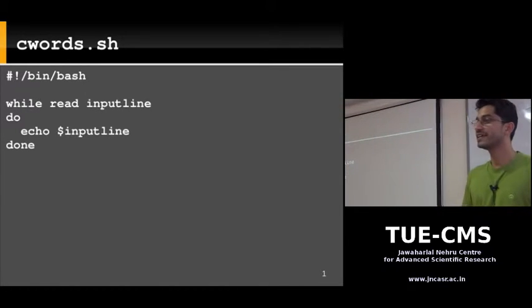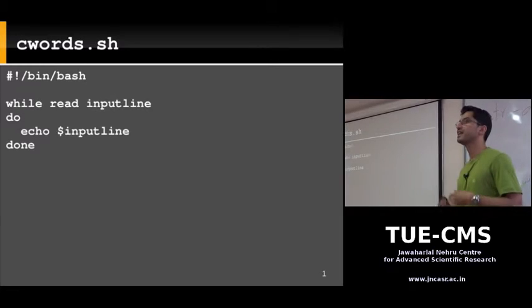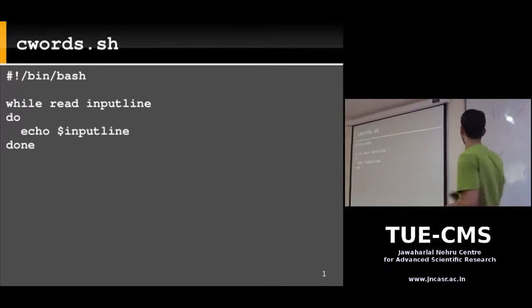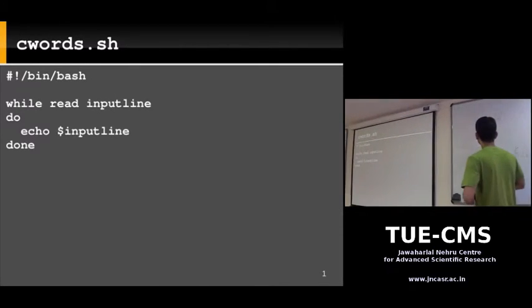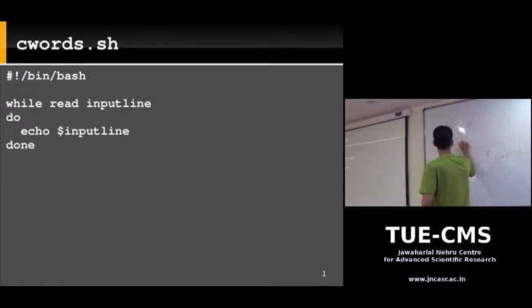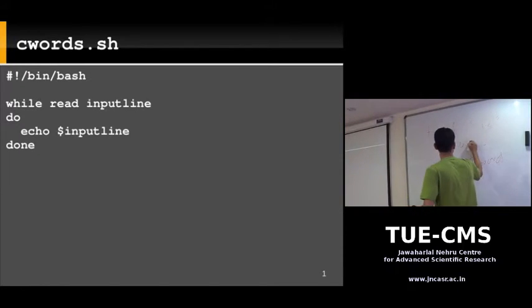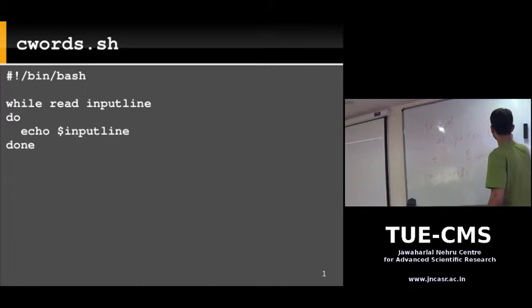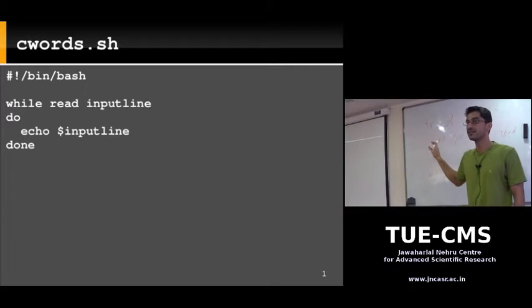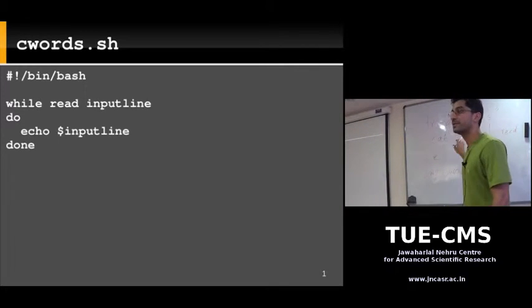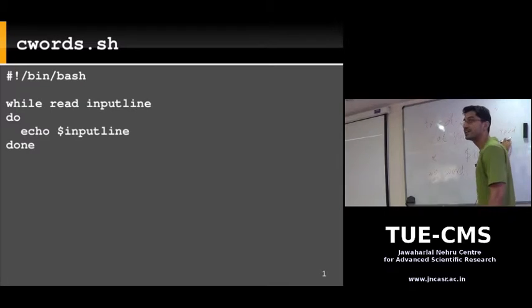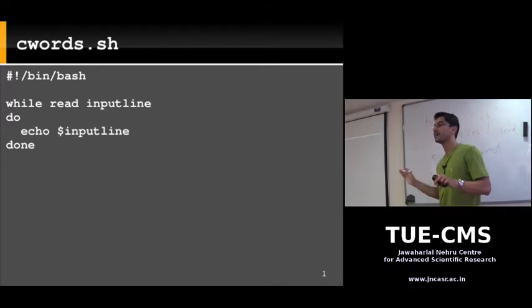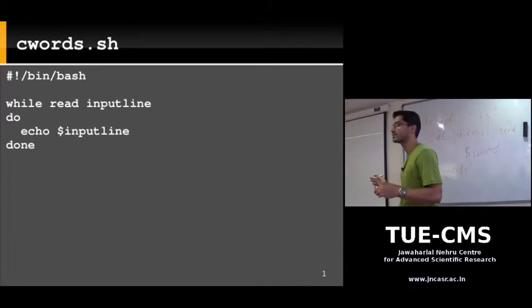Now suppose the read command is reading from standard input and the standard input ends. Suppose we're catting a file to your read command. As soon as the file ends, it's going to close the pipe. When the file ends, it's going to signal to read that it's out of lines. It's going to send the end of file character.